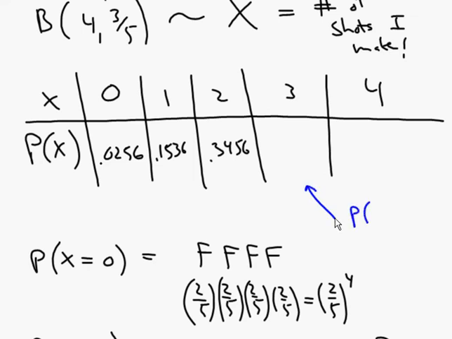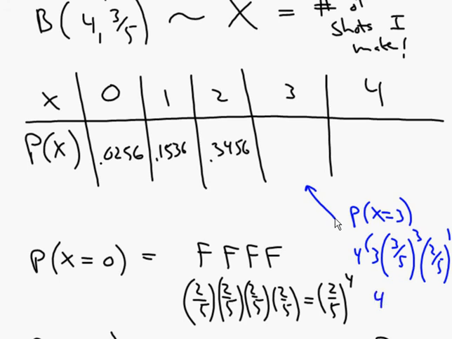Well, this is the probability that x equals 3, which would equal 4 choose 3. I want 3 successes, so 3/5 to the third. And I want 1 failure, so 2/5 to the first. Okay? So if you do 4 choose 3, you'll actually get 4. And then you'll have 3/5 to the third and 2/5 to the first. All right, so this is